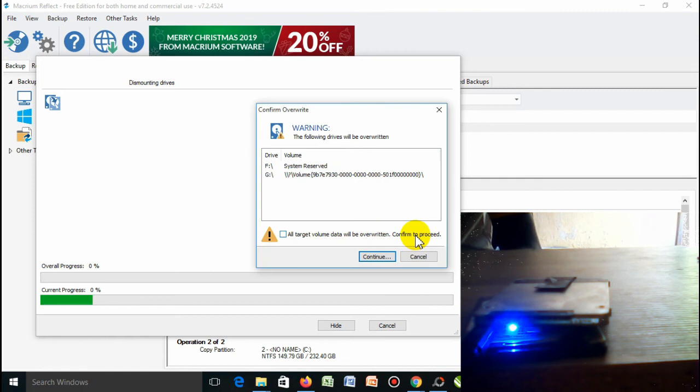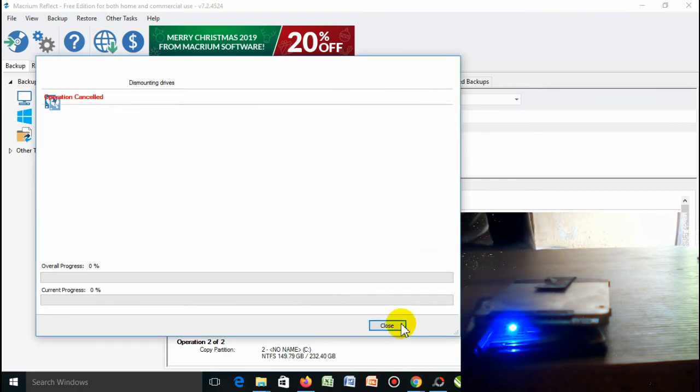Confirm. I actually don't want to format this hard drive because I've already loaded it. All you need is to accept this and say continue, and when you click continue, you will see the progress bars beginning to move. And it will complete the process. I think in about 30 minutes it should be done, and when it's done, all you need to do is click finish,